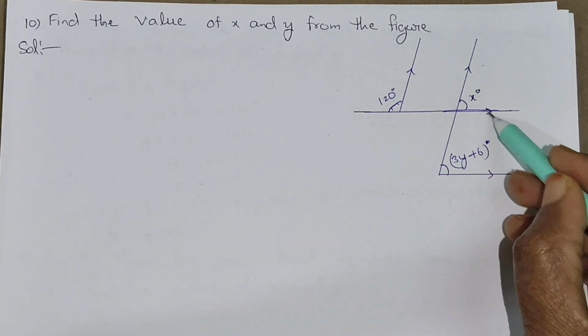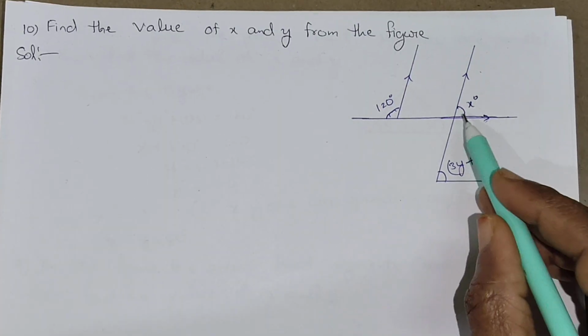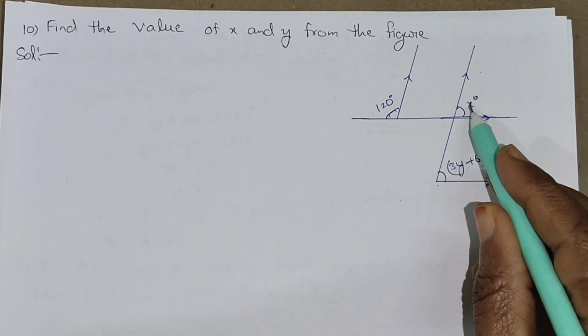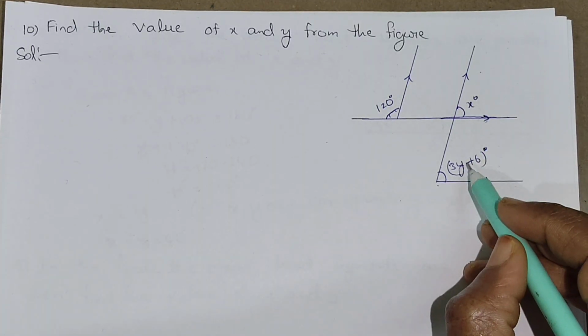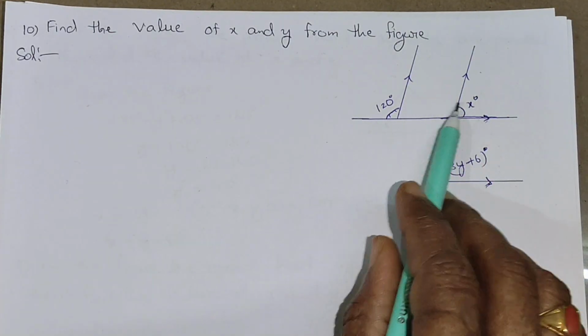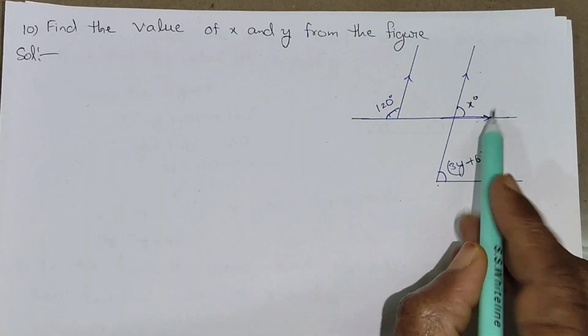So next, these two are the arrow segment lines. So this one is the transversal. These two are the corresponding angles. So these two are equal. So first we find the x value. First these two are the parallel lines. Next this is the transversal. So here from the figure